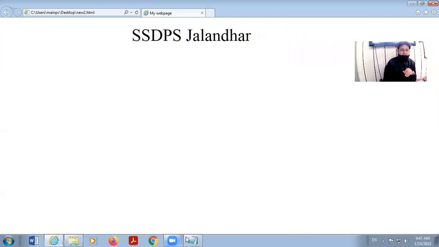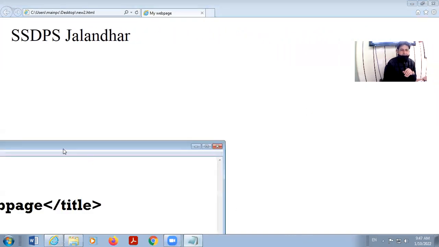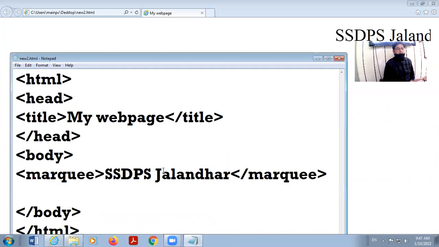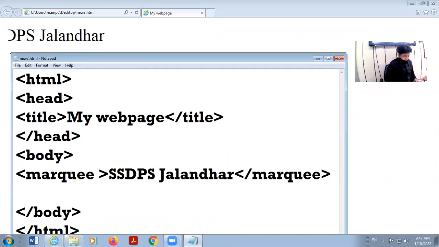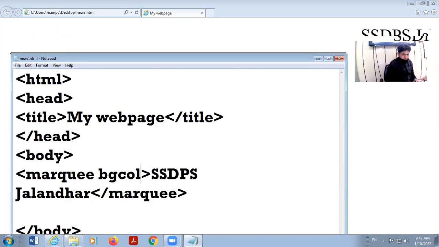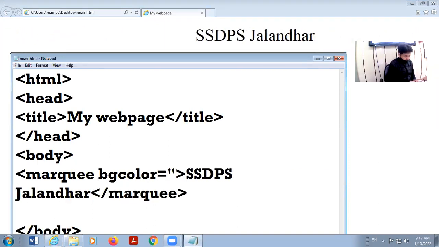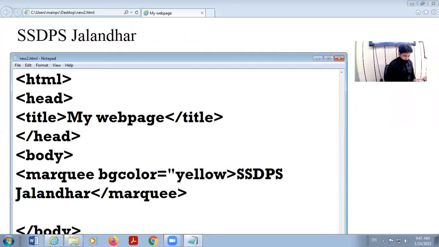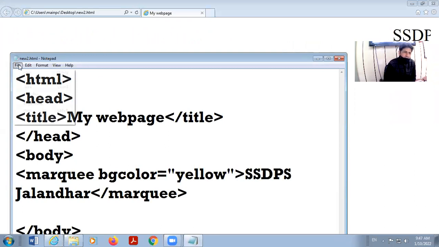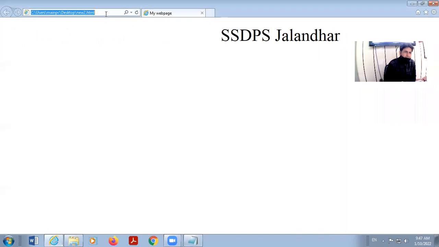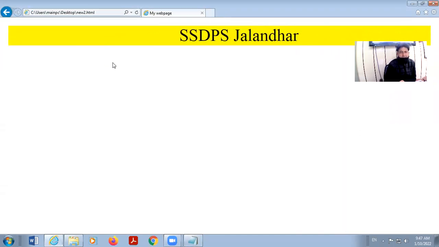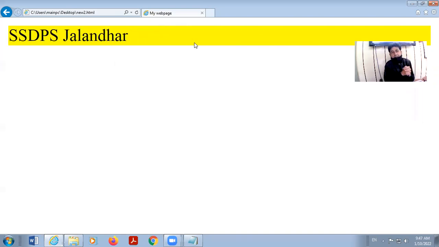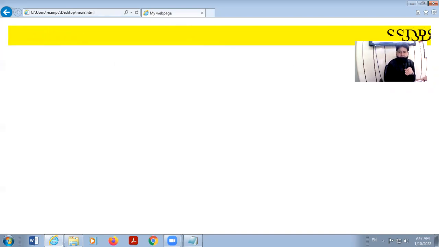And you can control this by using different attributes of the marquee tag. One is bgcolor. This is an attribute of the marquee element. So the area of the marquee will be in yellow color.